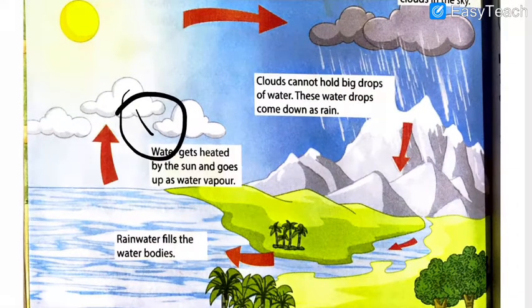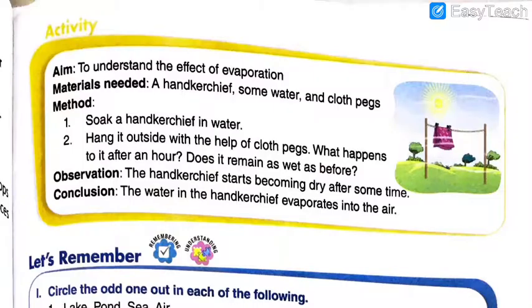So when the water droplets become too heavy to remain in the air, they come down in the form of rainfall. So at some places rainfall happens. If the water droplets up in the sky become ice because of the cold weather around that particular position, then they come down as snowfall. So at some places snowfall is there, at some places rainfall is there.